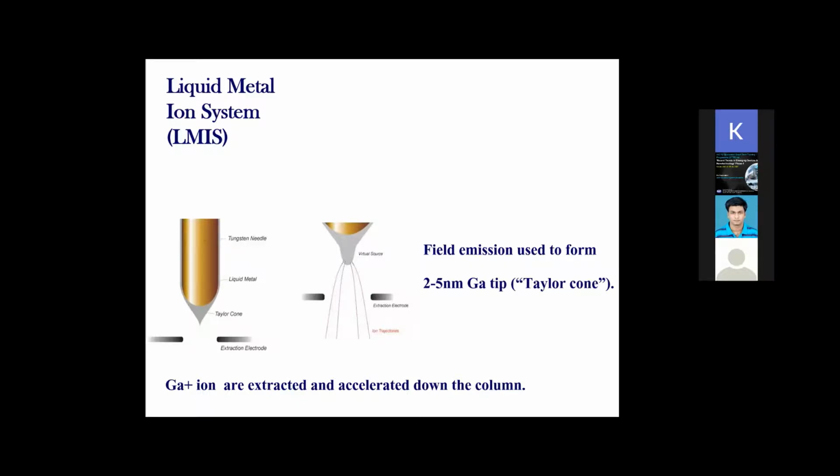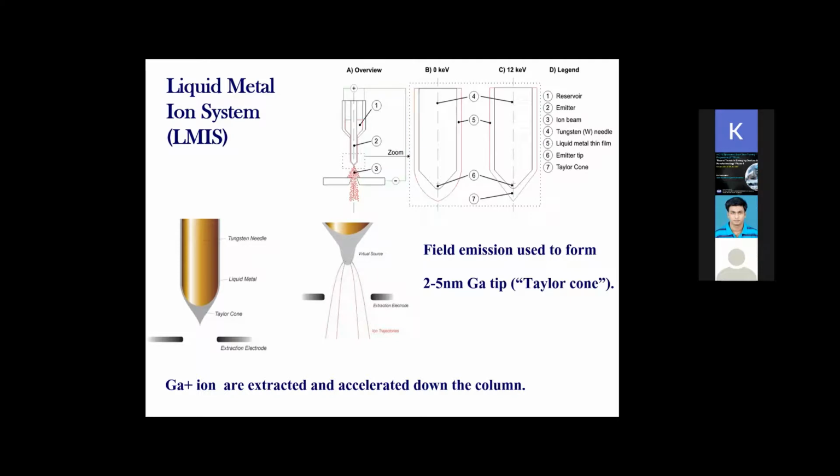Nowadays you are having FESEM, which is called a field emission source, where actually there is a tunneling effect. There also you have the tungsten coil coated with a material, and whenever it is heated, that material gets into a molten stage, and then due to the high electric field, it takes a Taylor cone shape. The Taylor cone has a very sharp edge, and the tip of the Taylor cone is around 2 to 5 nanometer. So approximately that decreases the beam spot. So this is how the Taylor cone is made and how the LMIS works.